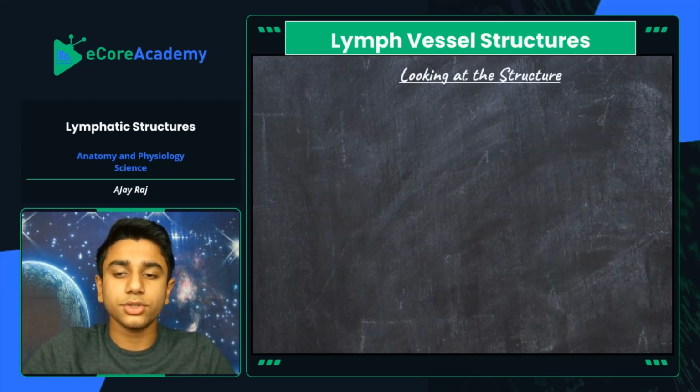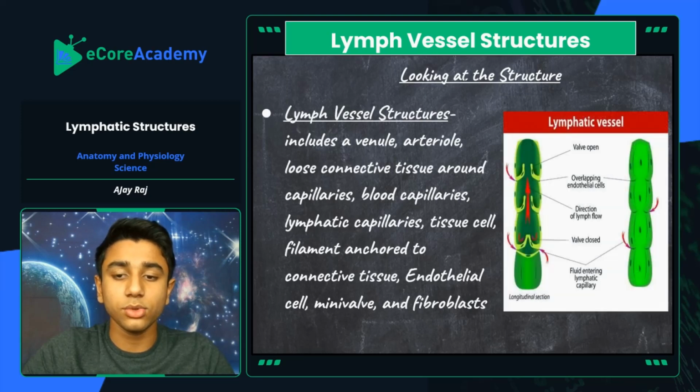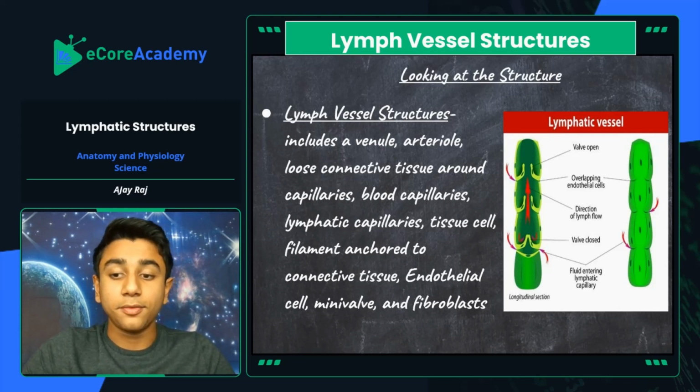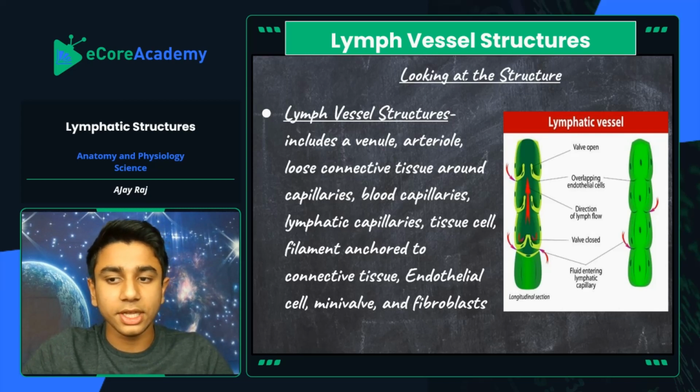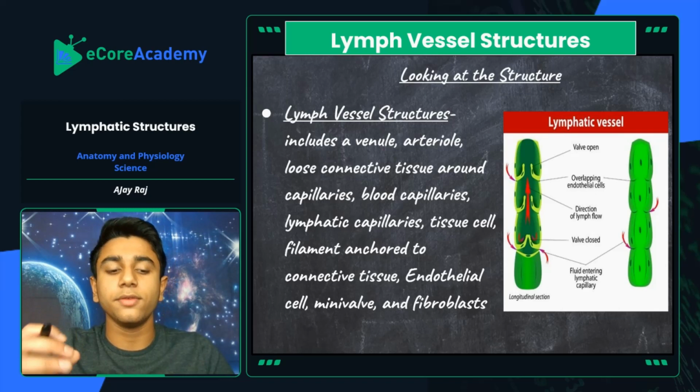Lymph vessel structure. So let's look at the overall structure. Lymph vessel structures include a venule, an arteriole, loose connective tissue around the capillaries, blood capillaries, lymphatic capillaries, tissue cells, filaments anchored to connective tissue, endothelial cells, mini valves, and fibroblasts. So don't get worried. I'm just going to introduce these to you guys. This is all about an introduction, and then I'm going to get into each and every one of these little